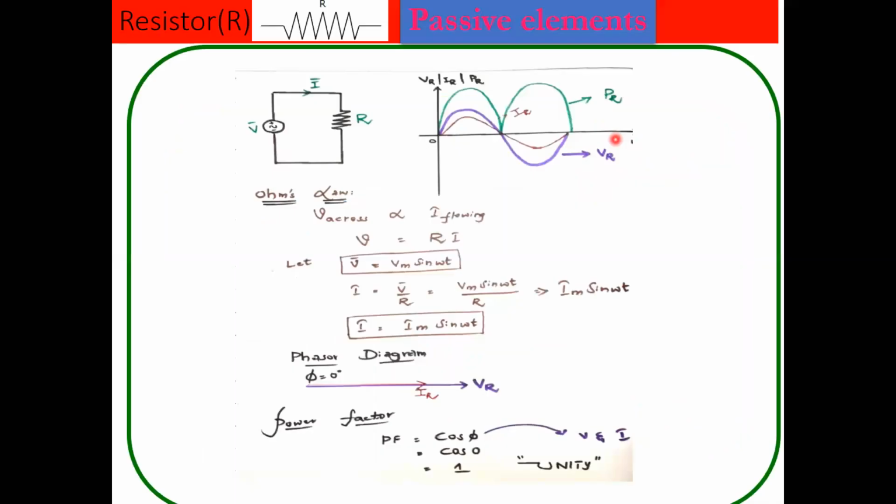Let's observe this resistor's behavior. I would like to apply some voltage across this resistor. There we have some current flowing through this resistor, and try to recollect Ohm's law. Voltage across an element is directly proportional to current flowing through that element. Remove this proportionality constant, and we come across resistance R.